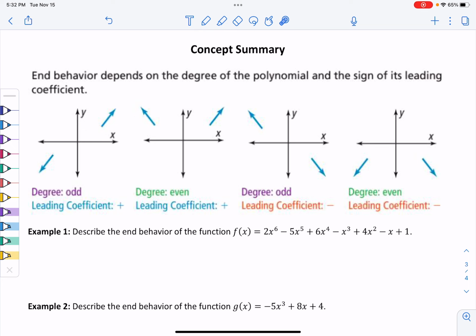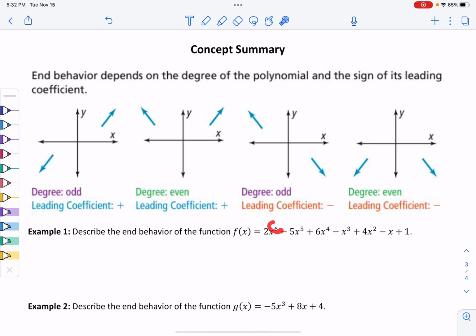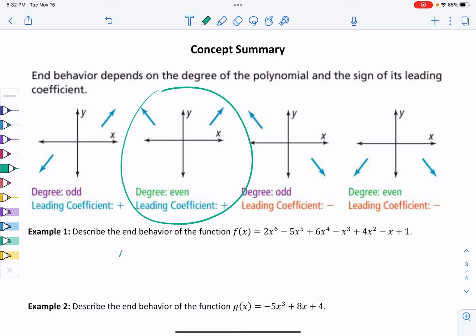Now, we're going to describe the end behavior of this function without even graphing it. All right? So this function has a positive leading coefficient. So that means I'm sitting in one of these two cases. Positive leading coefficient, and I've got an even degree. So I'm sitting in this case right here. If this is the case that I'm looking at, for example 1, this means that as x goes to positive infinity, y or f of x, you can write either one, is going,